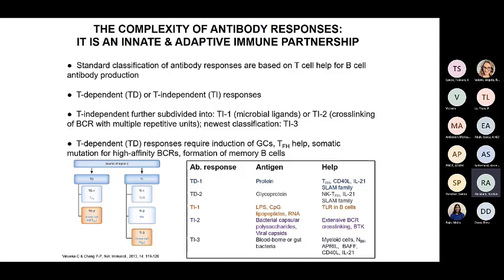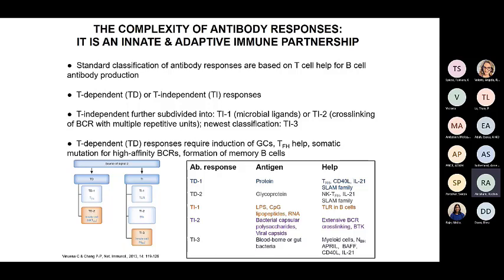it's sort of like buying a pair of trousers in the store. It's really not tailored to your body. So you buy it and you might then take it to a tailor and have it nipped and tucked to fit you better. So somatic hypermutation is that process of nipping and tucking to make a high affinity immunoglobulin molecule, a B cell receptor. And then, of course, you've got the isotype class switching, because you need to make different isotypes,